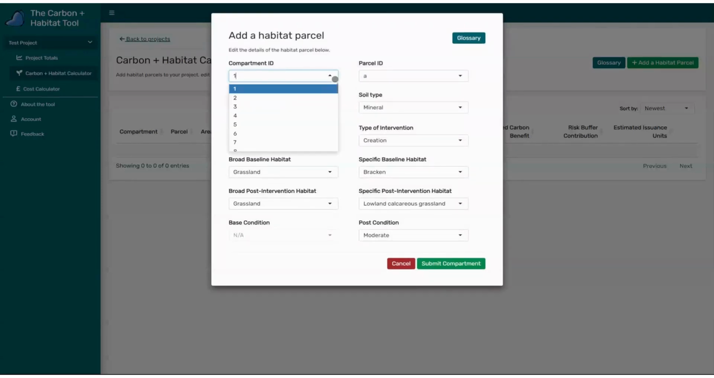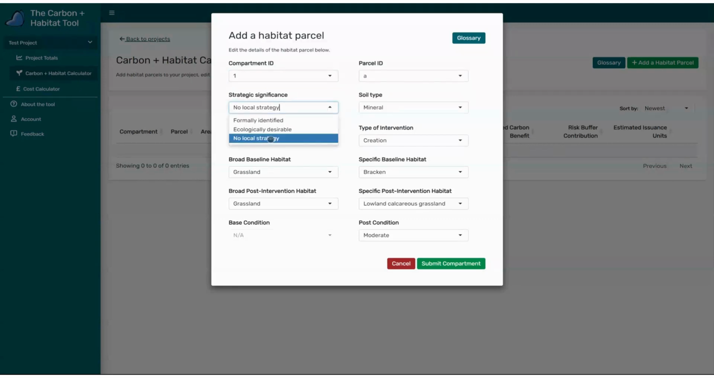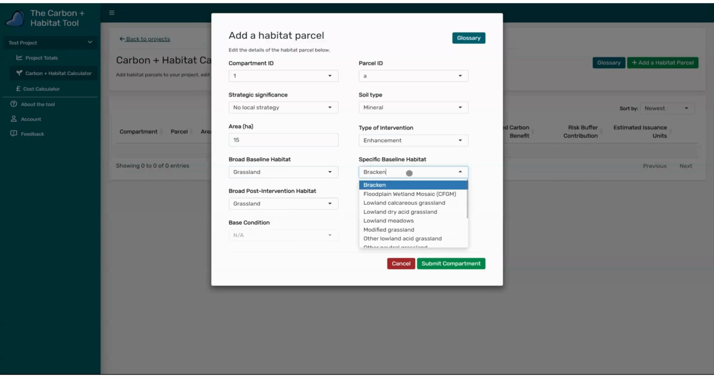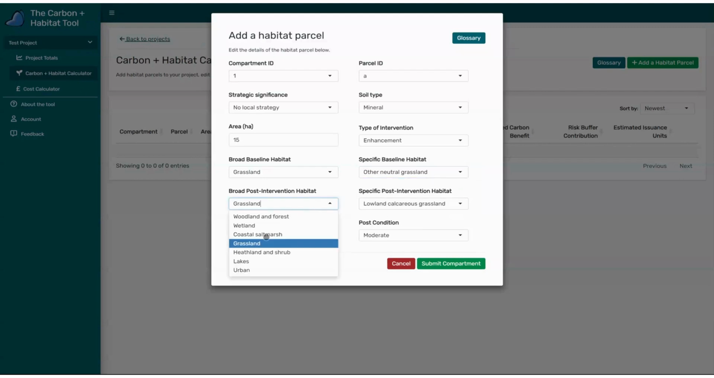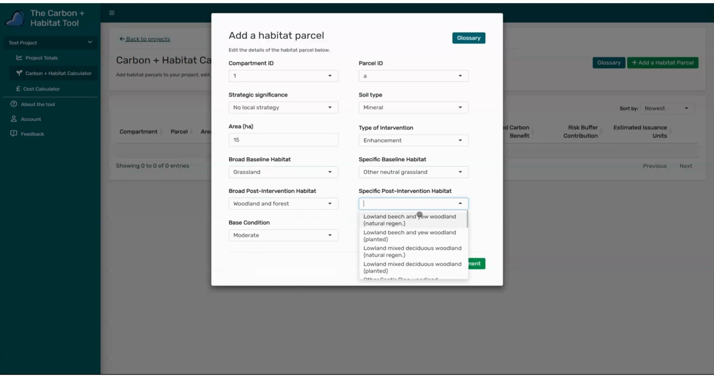This opens up the submission form we saw before, where you can enter all the details of the transition of the parcel, which will determine the carbon and biodiversity calculations. You'll need to set a unique compartment and parcel ID combination, the strategic significance of the area, the type of soil your parcel has, the total area of the parcel, the type of intervention that is happening on the area,